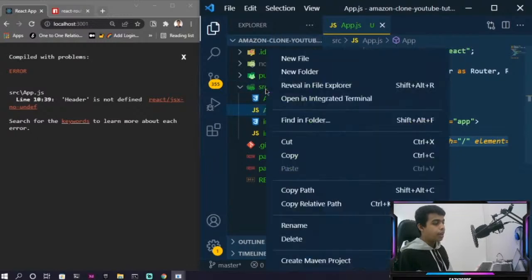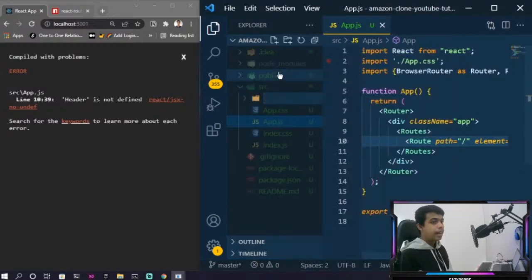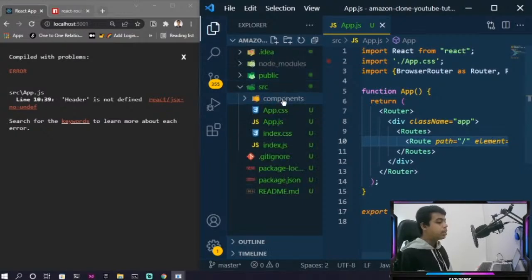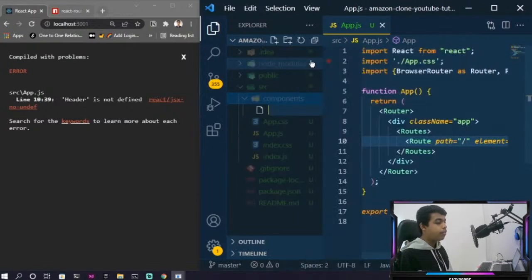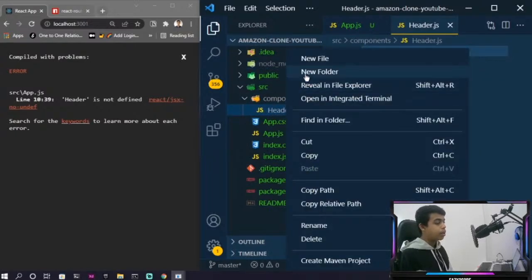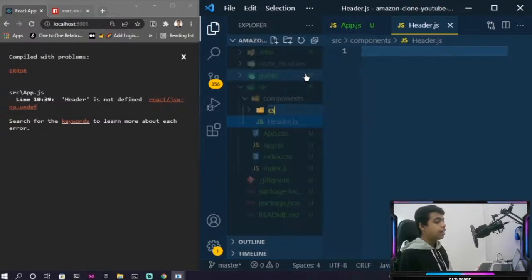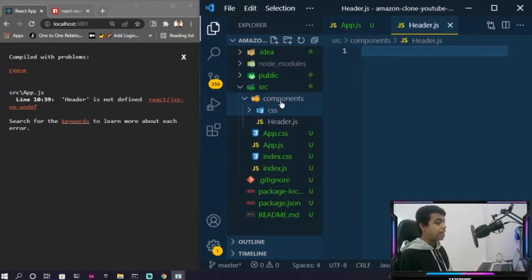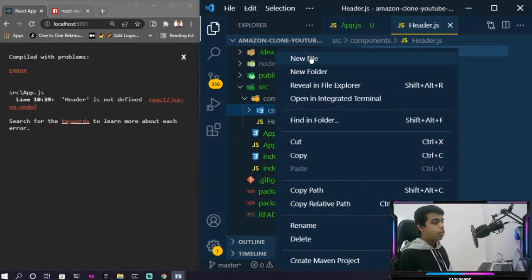I'm going to create a new folder over here named components. In this components folder, I'm going to have a new file for our header.js. And for the CSS file related to our header.js, I'm going to create a new folder in this components folder that is going to store all of the CSS files. And I'm just going to create a new file for our